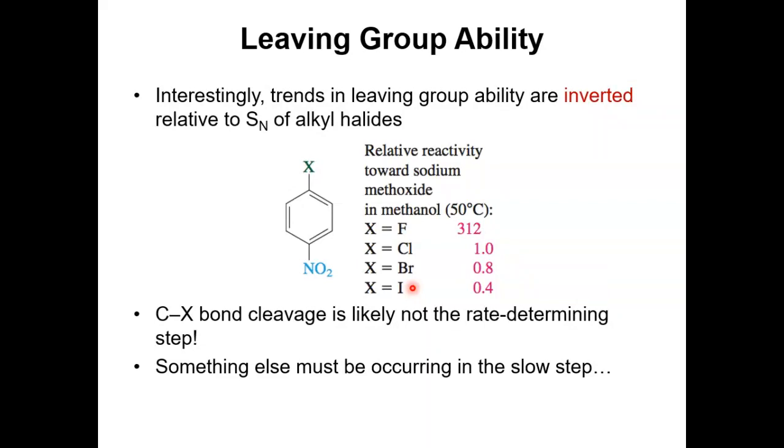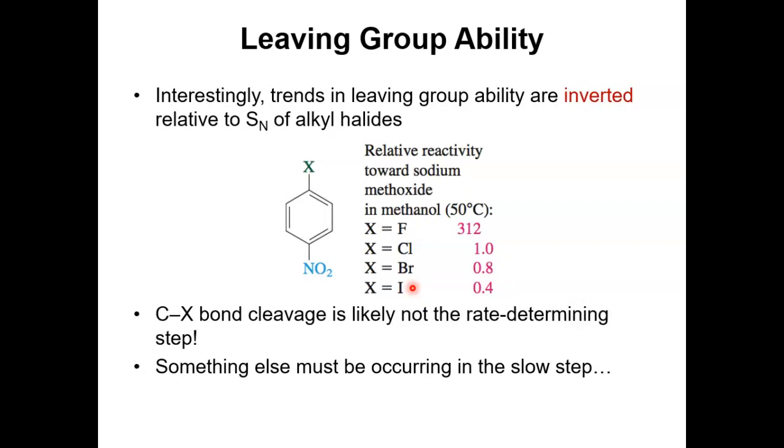This is a little bit different from how the reaction rate depends on the halogen that we have seen so far. In every reaction before this, when a halogen is involved as a leaving group, almost always we saw iodide is most reactive and fluoride least reactive. In every reaction we have seen in organic 1, when halogen atoms are leaving groups, iodide is most reactive and fluoride is least reactive, because